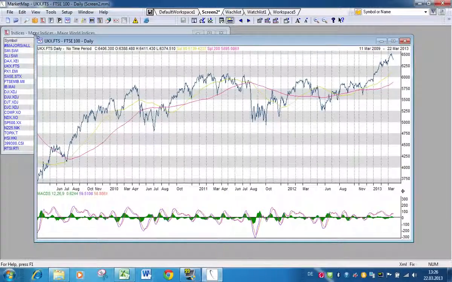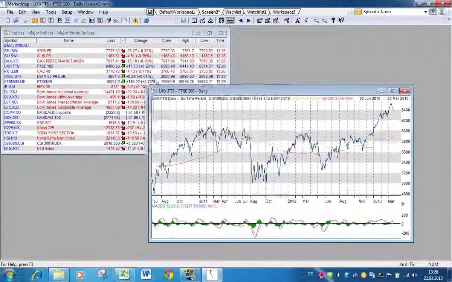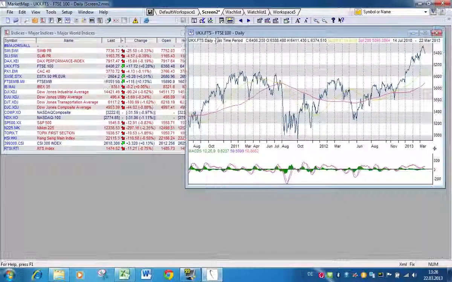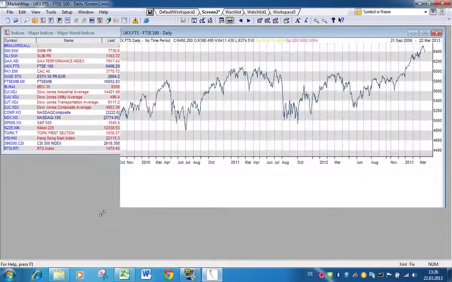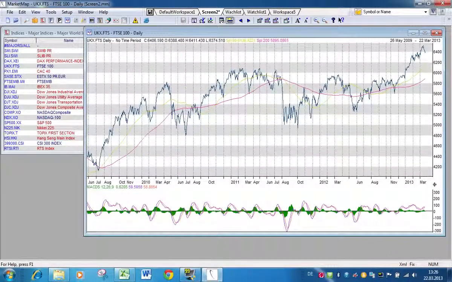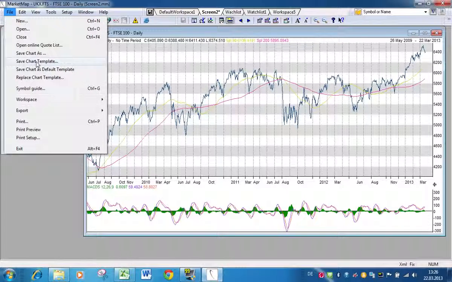To save the chart on your screen, simply place it somewhere and save the screen including this chart by clicking on the Save button. If you want to save this chart layout as a template that you may also choose for other charts, then this is also possible by saving it via File, Save as Chart Template,